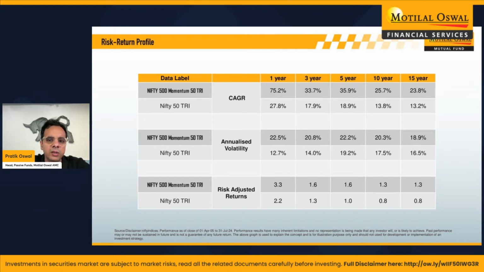And as you can see, this is just a return profile of this fund. Again, I think historical returns are quite amazing, and in terms of expectations, you can expect, at least from where we are right now, to maybe not have the same amount of outperformance that we've seen in the past. So I think investors should expect some outperformance over, say, a Nifty 50, but maybe 10 to 12% over the long term might be a little bit high. But still, the index has done extremely well, and we expect this outperformance to continue in the future as well.